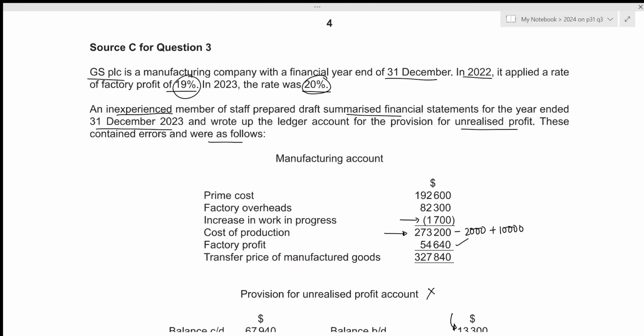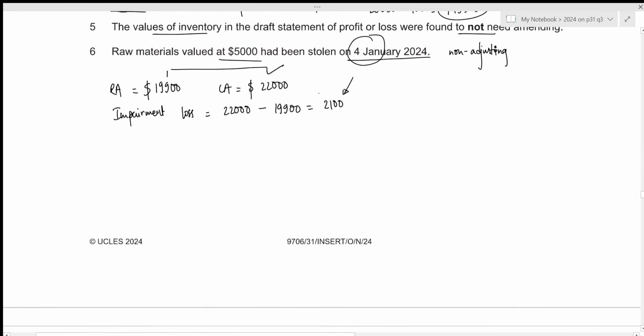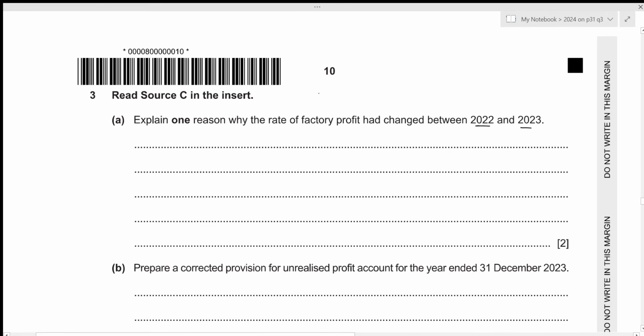It means that the rate of factory profit should be set in such a way so that our transfer price will be comparable to the buy-in price within our market. So that is the comparison with other businesses which are trading within the same industry or the same product. Okay, so that's the reason why the rate of factory profit could have increased in this case, so that our transfer price could reflect the buy-in price. Let's write it down. The rate of factory profit